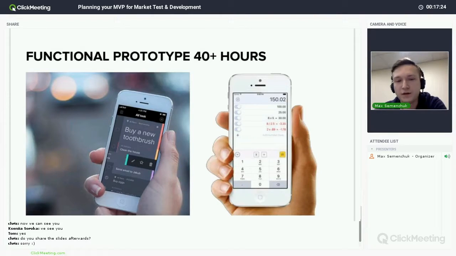It differs from the final product because it can use some easier, faster technologies. So, for example, when you want to do a really great consumer product, you want to do a separate version for iOS, say Swift, Objective-C, and you want to develop on Android in Java. And if it's a web product, you also want to use some really good framework. But if you just want to showcase the basic logic, if you want to get your first sales,